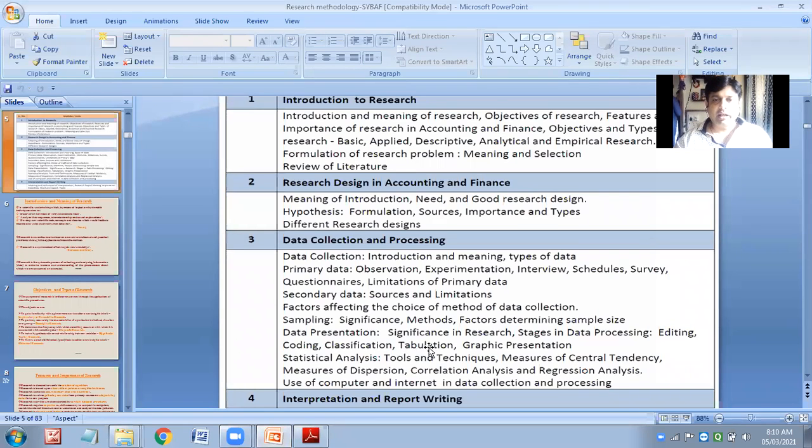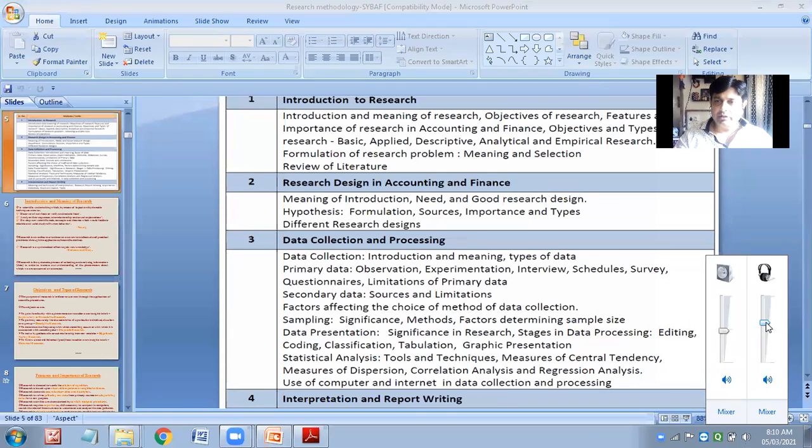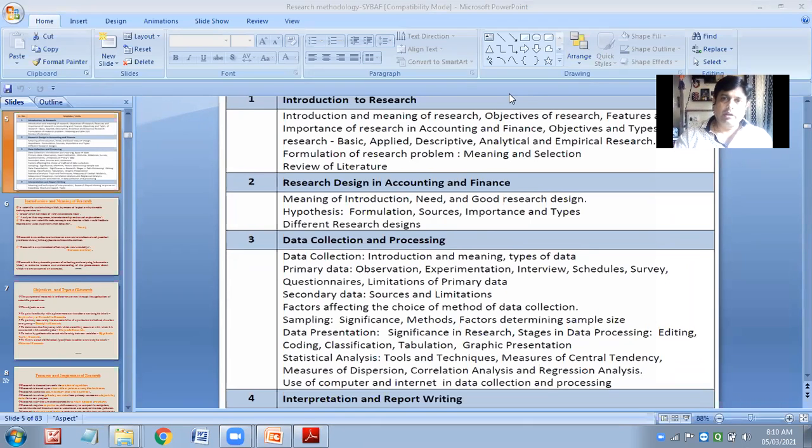I told you several times that any research always has variables, and variables will have different parameters, different kinds of outcomes. Those outcomes have to be reflected properly for the people at large, or for whom you are doing the research. They should be in a position to understand and learn what you are presenting to them. So data presentation is a very important aspect of research. If you are not able to present your data in a proper manner, it will be a big failure for you all.